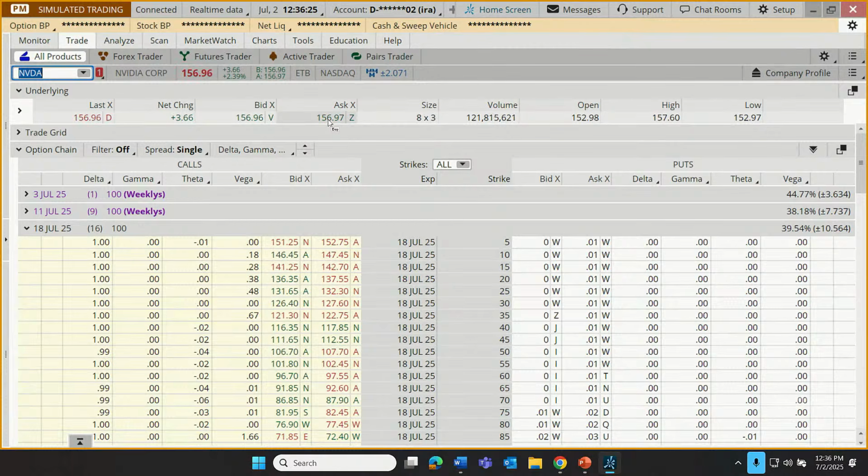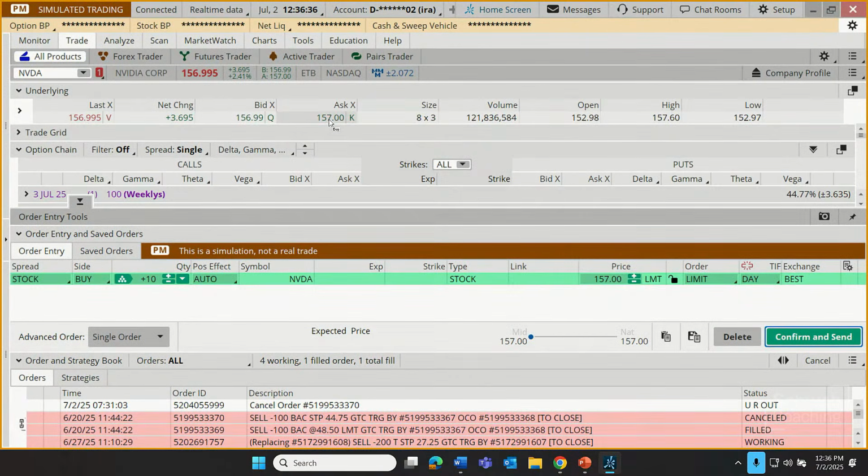Well, if the market is asking a certain price, we might need to pay that price. So as I point at the price just below ask, which is right now right at 157, I'm going to click on that, just a normal left click, and that creates a buy order right down here. Now I can customize that buy order until I'm satisfied with it. But as a default, for me, it's saying we're going to be buying 10 shares of NVIDIA at whatever the current price is, 157-ish. It's set as a default to a limit order.